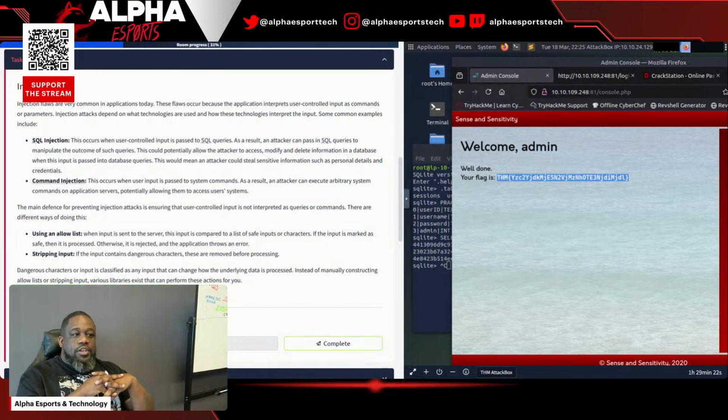So that's when they're using SQL queries and they're passing it through the input sections of the application. And if it's not properly sanitized, then the attacker can pass those SQL queries to manipulate the data on the back end. That would actually allow them to access or modify the database information from the application. So if it's not properly sanitized, you can essentially do everything that we did in that SQLite in the command prompt. You can essentially do the same thing